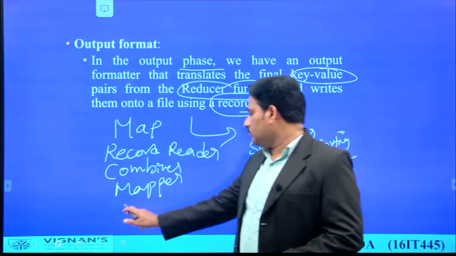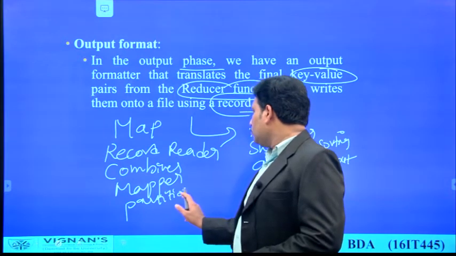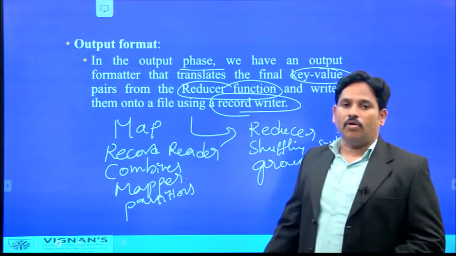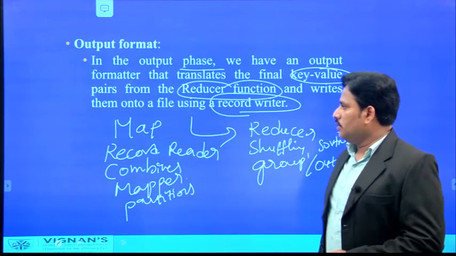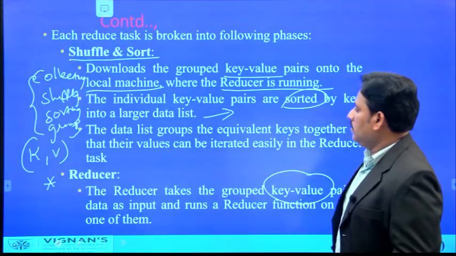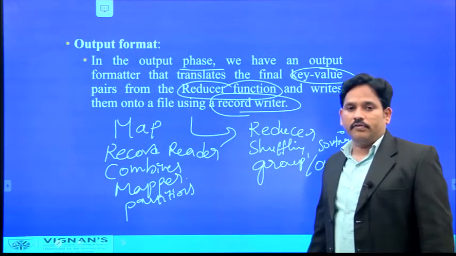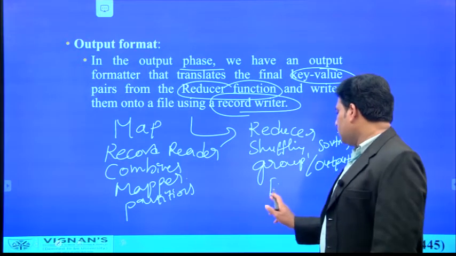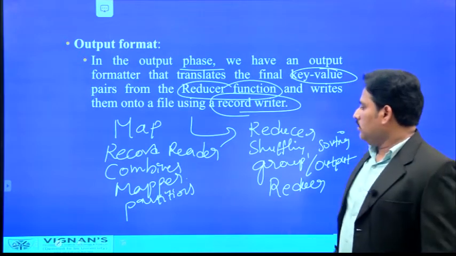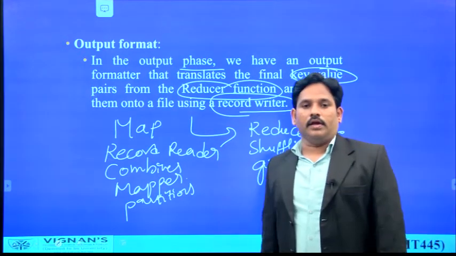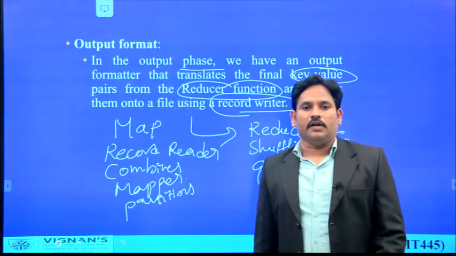And also here we are doing some partitioning operations. Here we are applying shuffling and sorting operations, generating outputs and group activities, and these activities are applied using the reducer. So these are the 7 activities we are going to apply in order to get a result from input to the output as a data processing output.